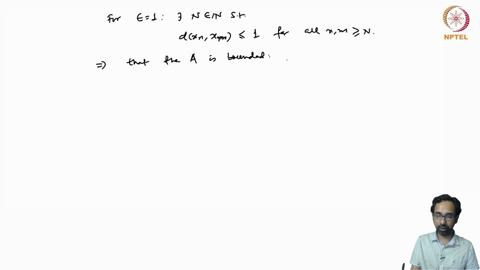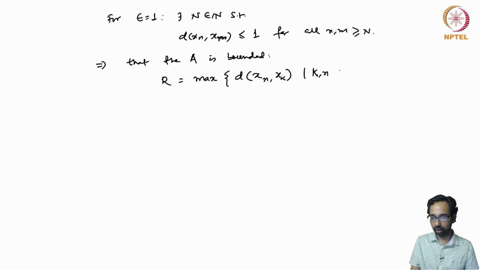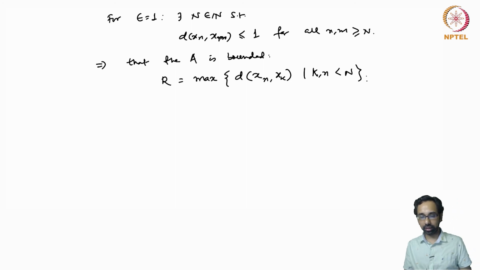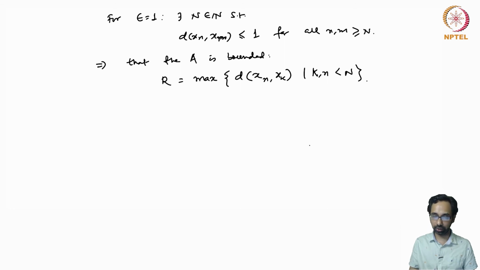So how is this bounded? Let us take R to be the maximum of all the distances d(xn, xk) for all n and k less than n. So these are the distances between the first n minus 1 points in the sequence, after which the distance becomes bounded by 1. And this means that the diameter of A under this metric D is less than or equal